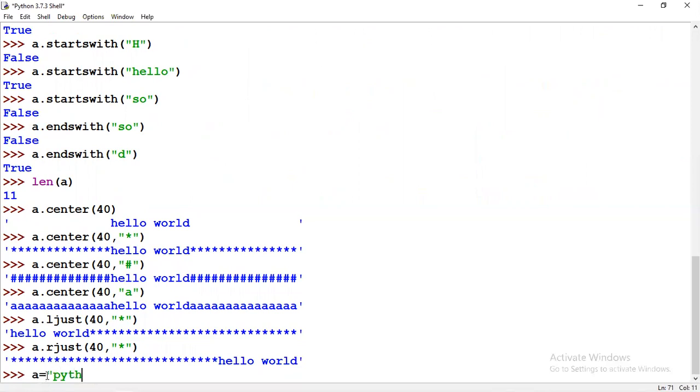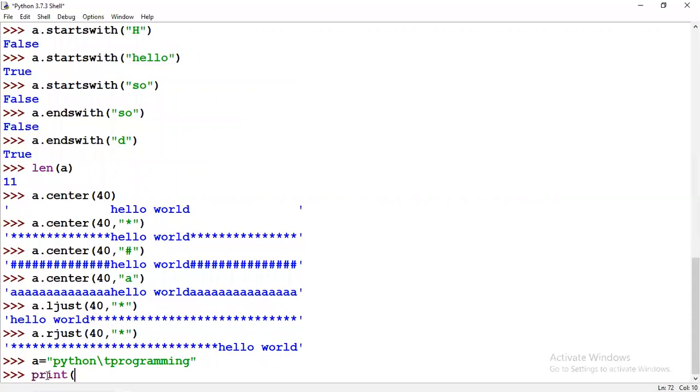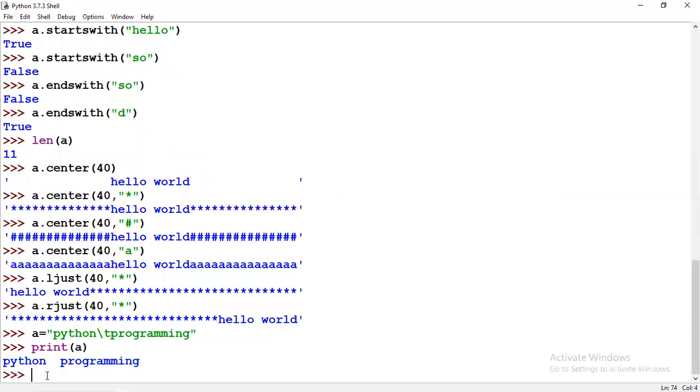That's nothing but, for example, Python \t programming. When you print A like this, instead of that \t, you will get one tab space, one small space. If you want to increase that space, you apply dot expandtabs, and I am giving 8.